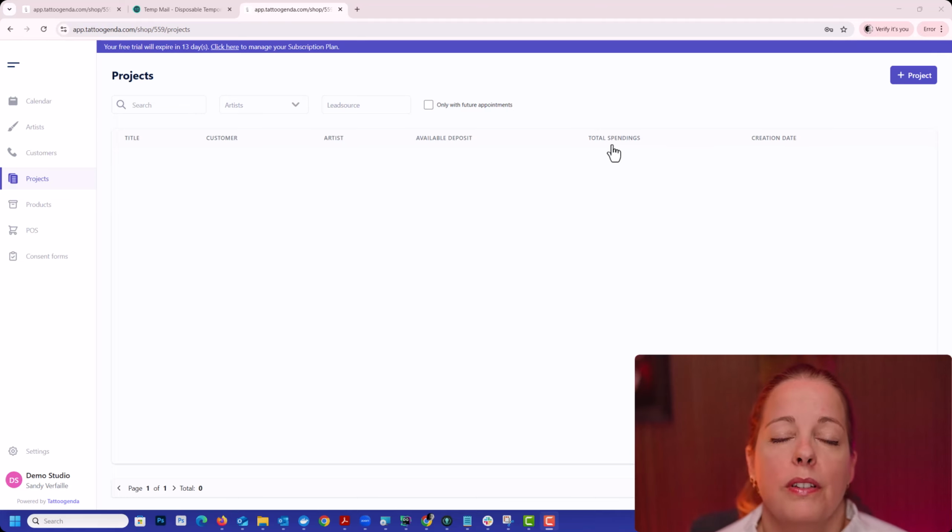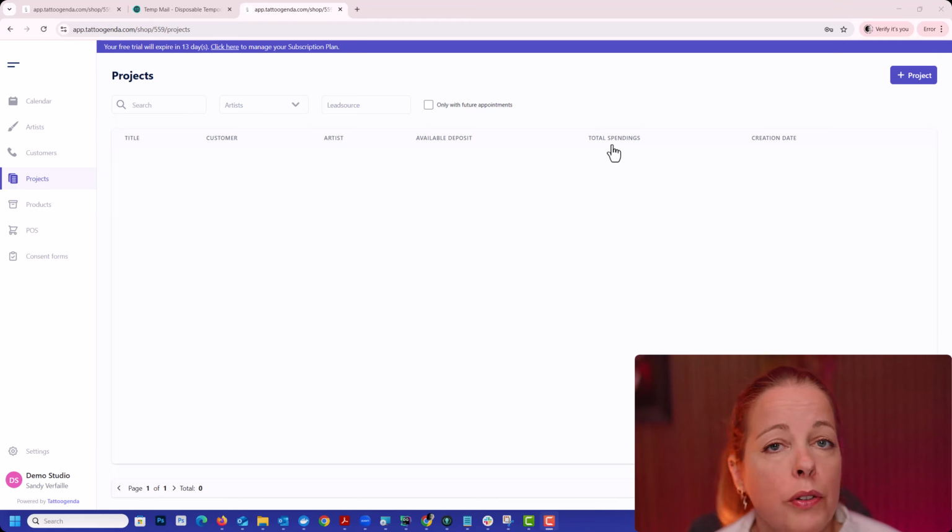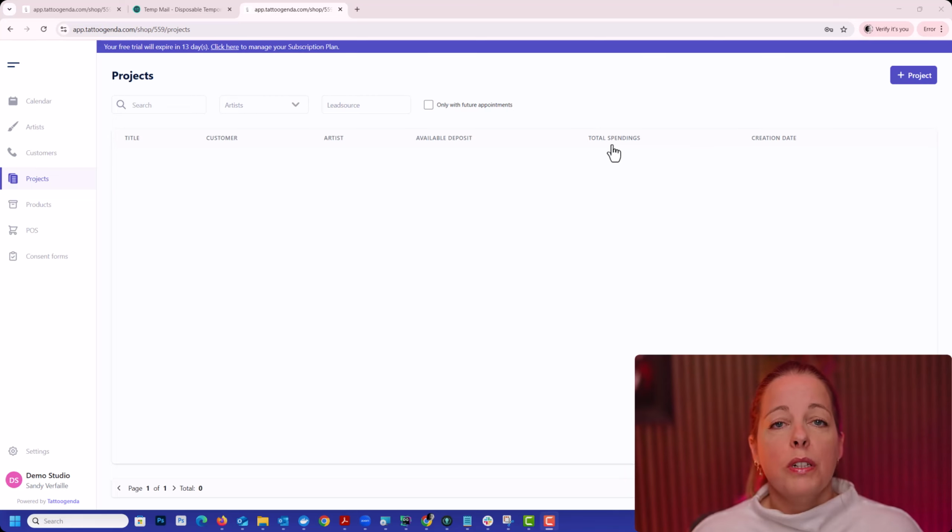Because, for example, a tattoo sleeve is done in 7 sessions. You have 7 appointments which all belong to just one project. And on that tattoo project, you will keep all your tattoo details. You will keep the price that you mentioned to your customer, and the estimation that you gave to your customer. If your customer paid a deposit, you are going to keep it on that project. And then every appointment can refer to that information. So now we are going to create a project together.